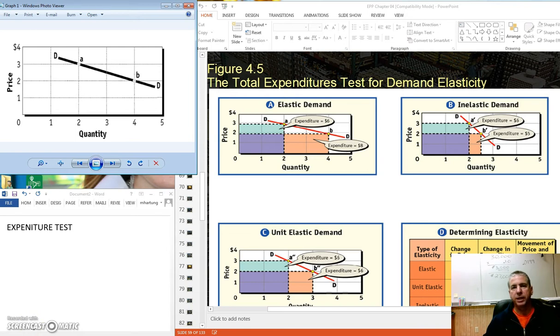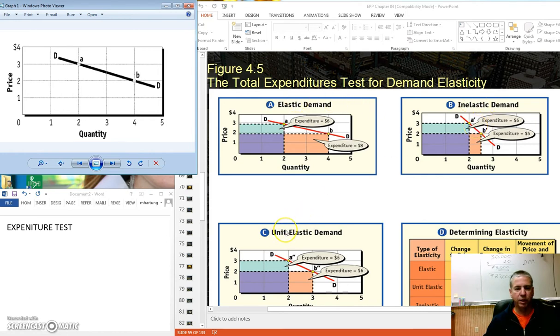What we want to look at today is how we can tell when a particular demand curve is elastic, inelastic, or unit elastic. And so what we have here is a mathematical way to make that determination and some rules that you'll see down here in the lower right on how to determine whether or not a particular curve is elastic. Now, in general, the steeper the curve, the more inelastic that particular curve is. And so what we'll want to do is look at how we can do a little simple arithmetic to determine whether or not a curve is elastic,